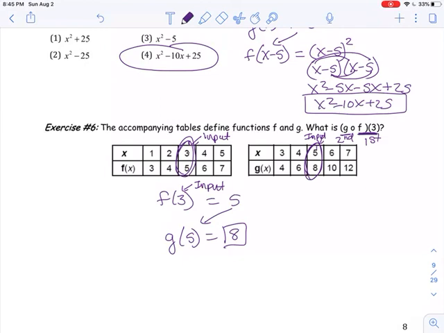All right, so just remember, when you're doing function composition, the input goes in, the output comes out, that output goes into another function, and your final answer comes out. You can do this with tables, you could do this with graphs, and you can do this with equations. So try the homework problems that go along with this, and if you have any questions on any of the homework, please make sure you circle it, highlight